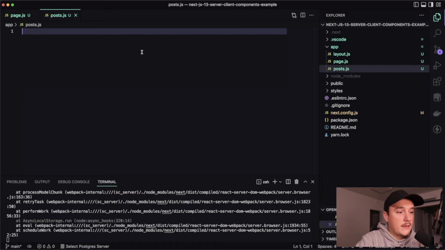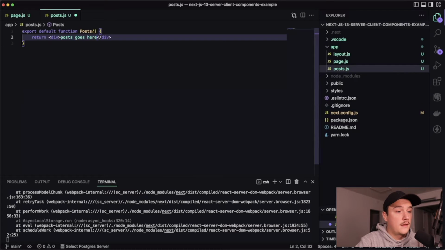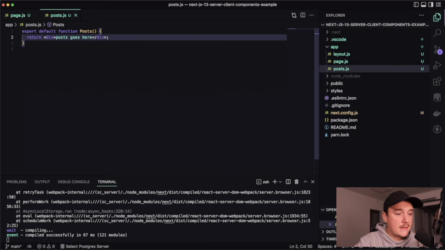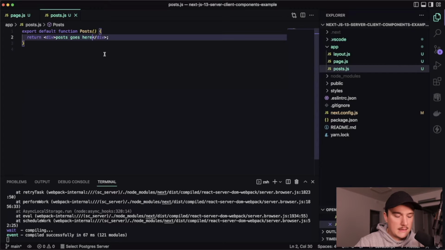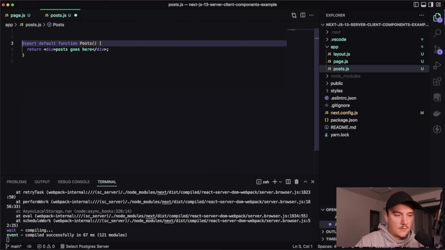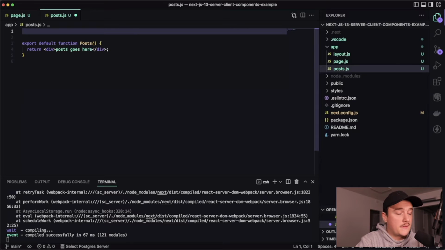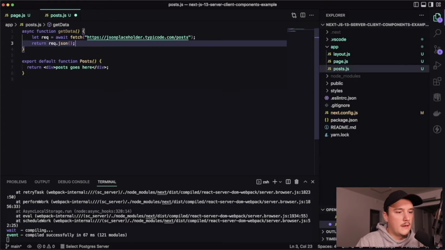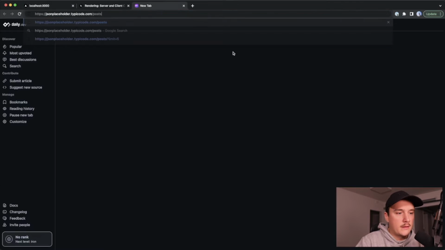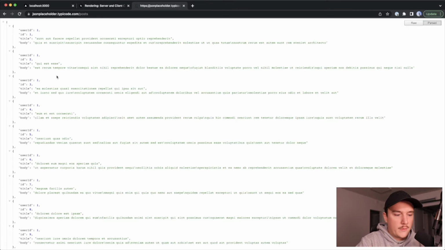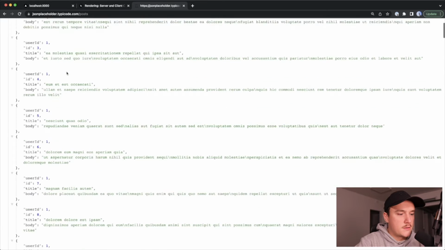And then I will export a function from here like this. And let's save it and see that it works. Looking good. Next, let's fetch the data. So up here, I will define a function that fetches the data like this. We are just going to fetch the posts from this placeholder API. So if we navigate to this URL with the browser, we can see it returns a bunch of blog posts